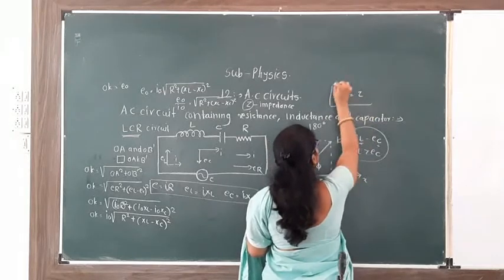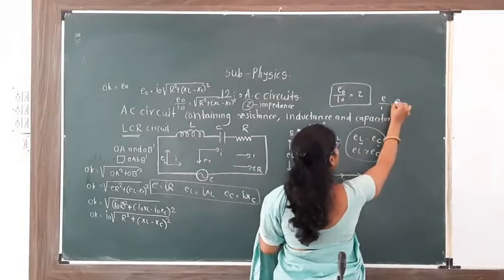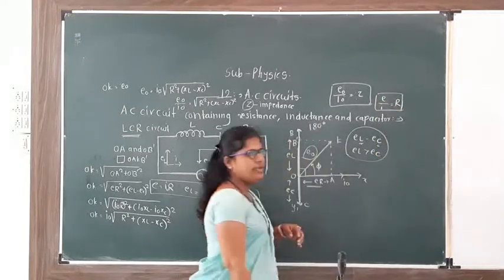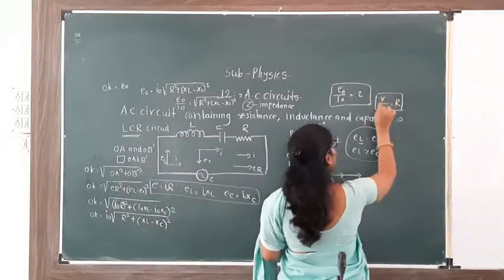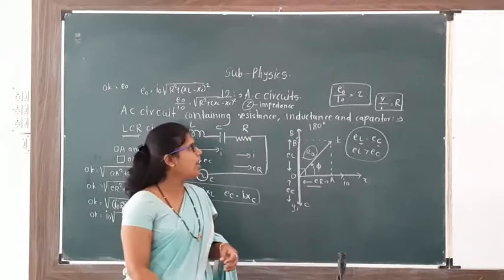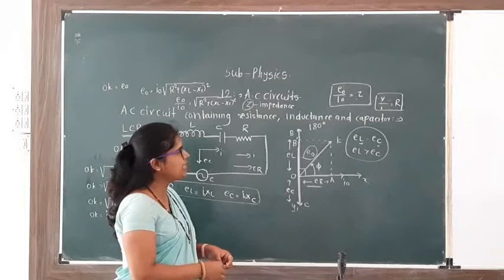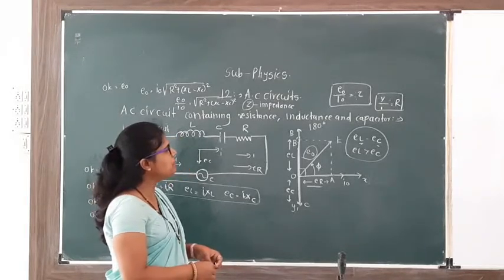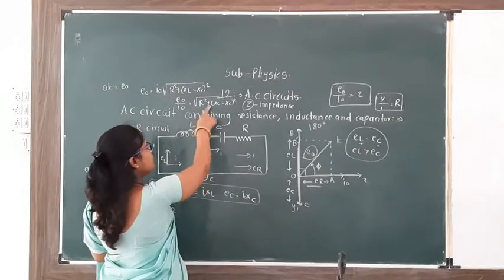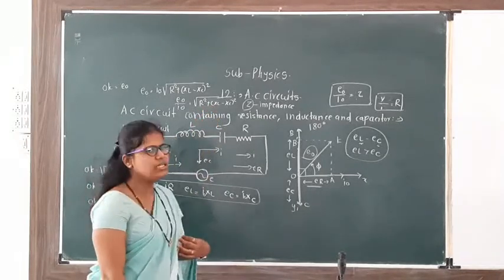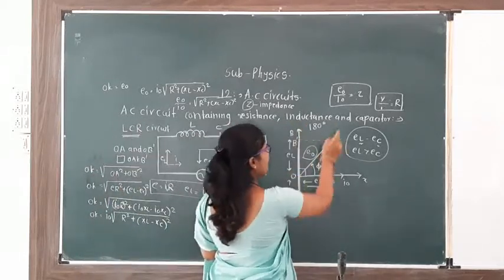This equation we get. Therefore E upon I is equal to R. Instead of E we can write V. According to Ohm's law, V is equal to IR. Now comparing these two equations, E0 means voltage, I means current and Z means resistance. What value is substituted for resistance R? Square root of R square plus XL minus XC square. This is the total opposition offered by resistance, inductance and capacitance.